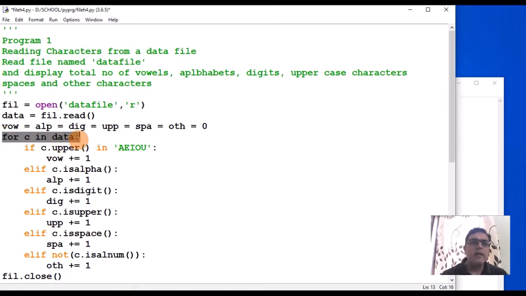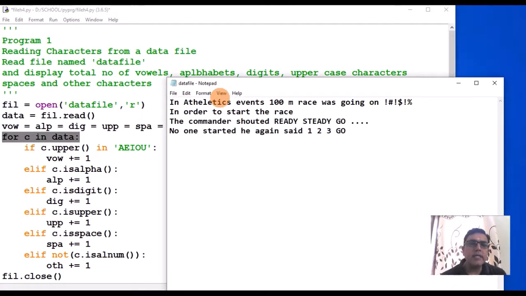Then it will go to the next iteration of the for loop. Now this time it will read the second character. What is the second character? N. Again it will check if C.upper(), so it will convert small n into capital N. Capital N will be checked whether it lies in this string or not. N is not there in this string, so it will come here. Then it will check C.isalpha().